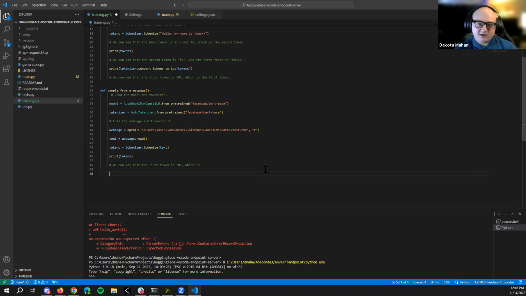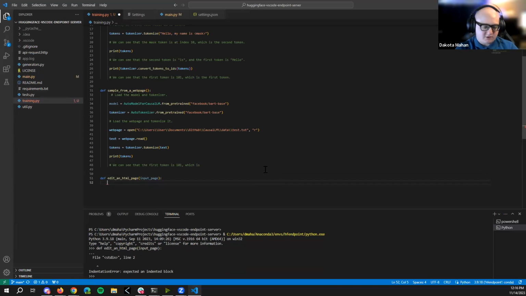So here, I think I'm still sharing my screen. So if we do, in here, something like, say, add a div to the center of the web page. Hopefully this gives us something similar to how a div would look like in HTML here.